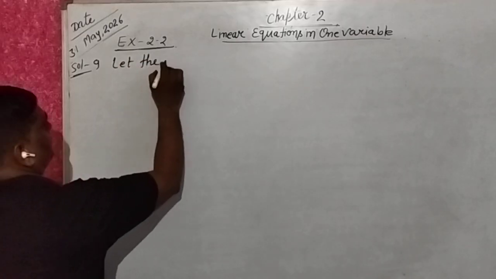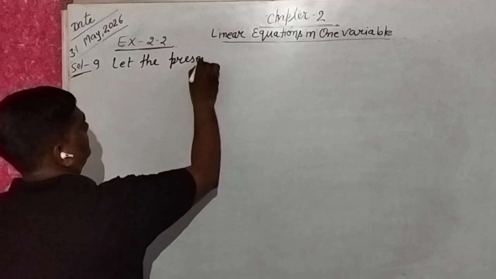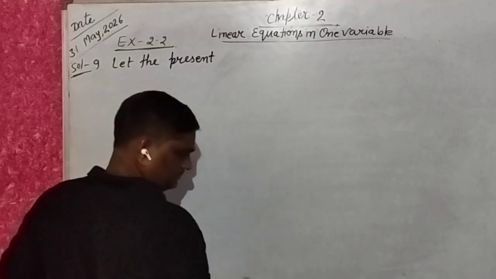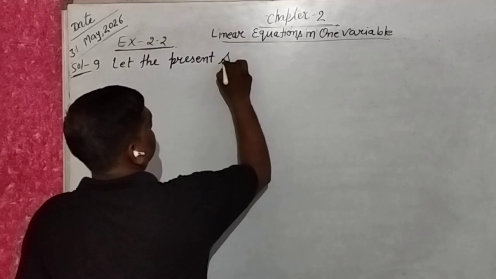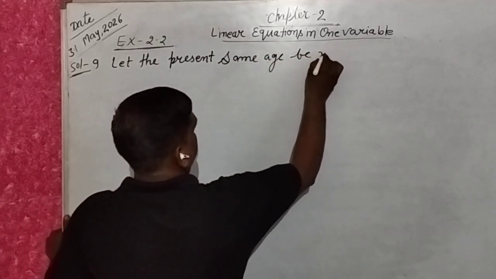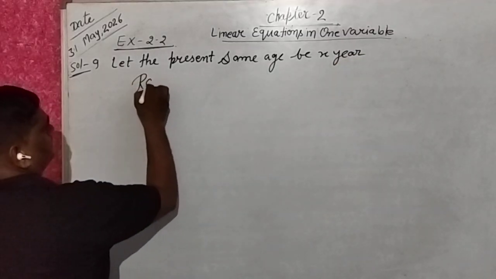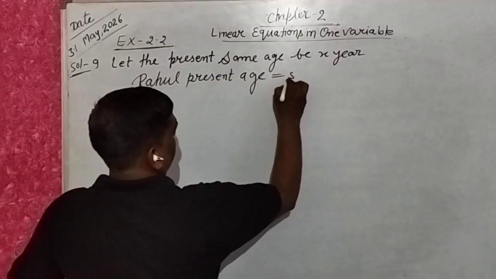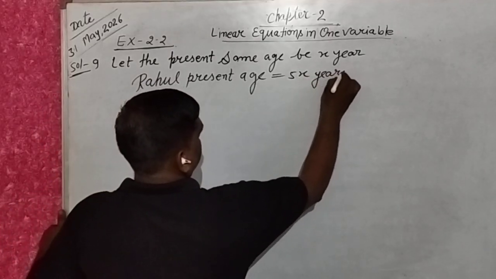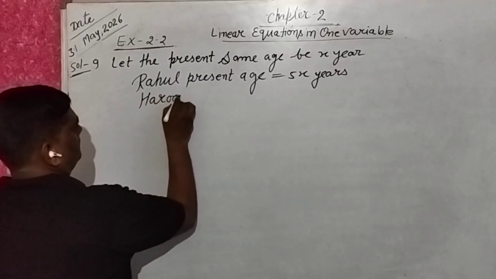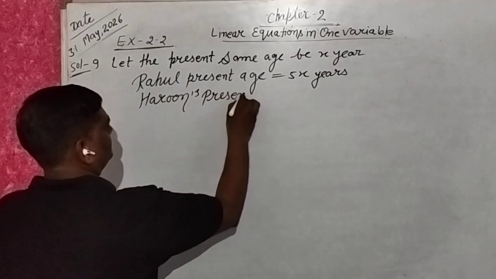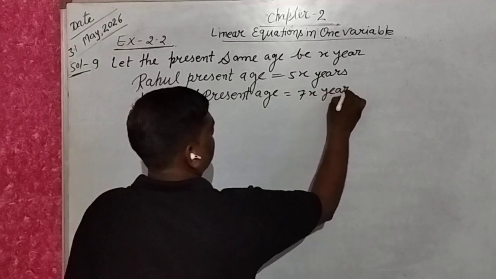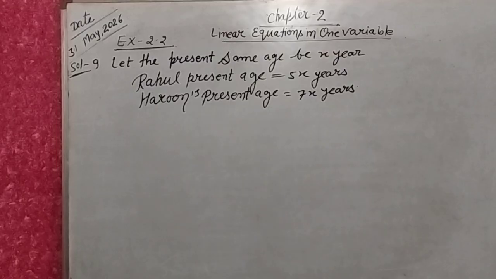Let the present common age factor be x years. Rahul's present age is 5x years, and Harun's present age is 7x years. According to the question,